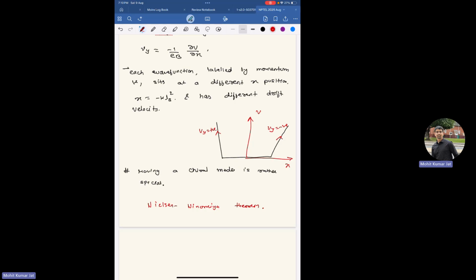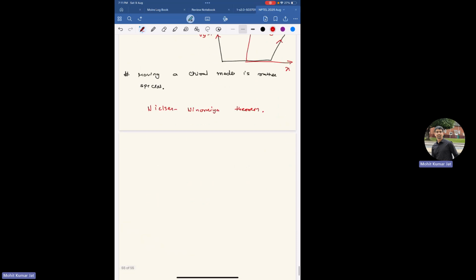And there are physical phenomena which can only take place on the boundary of these systems. These kinds of systems where the edge conducts and the bulk is an insulator are known as topological insulators. They are a class of insulator in which the bulk always remains insulator and your edges are conductor. If you want to go from one edge mode to another edge mode, you will essentially have to go through a phase transition in which your bulk will also become conducting, and after that there will be another phase transition, and then you can go to another state. So that's why these topological insulator states of the quantum Hall effect are very robust.